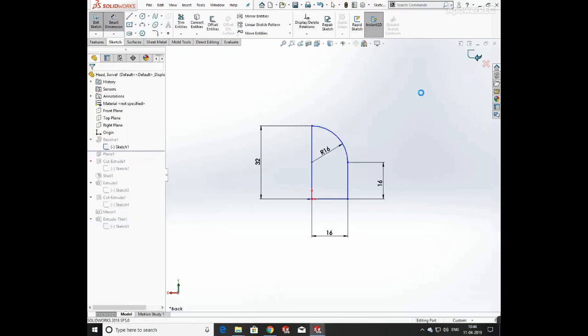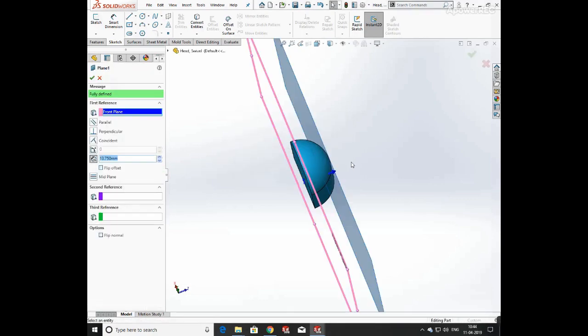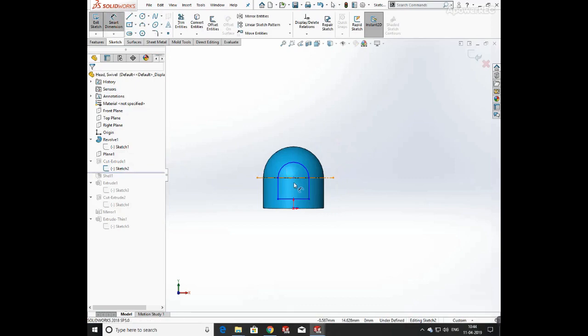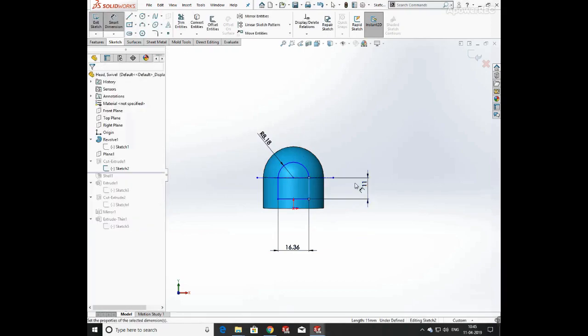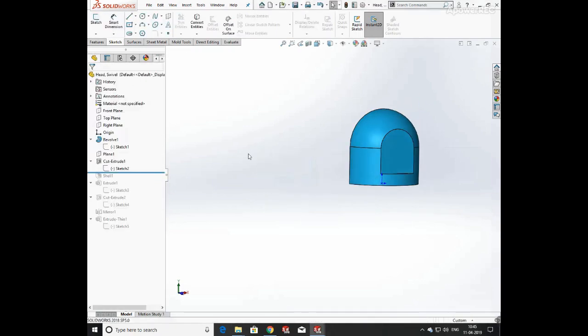So the next part is head. So defining its length and width and its radius of 16 mm. Now revolve it base up to 180 degree. Again I'm choosing a plane with the reference of face and distance of 13.750 mm, and create a sketch and apply extrude cut,